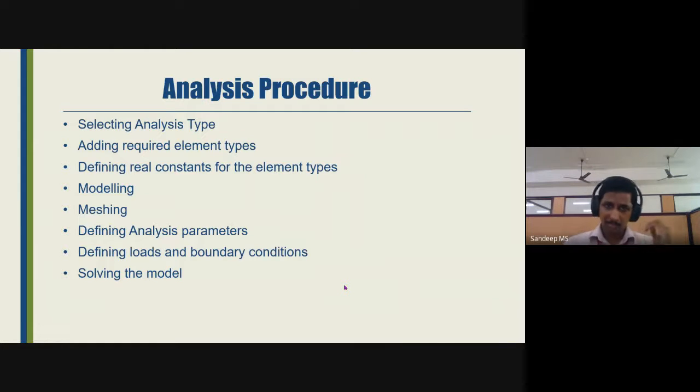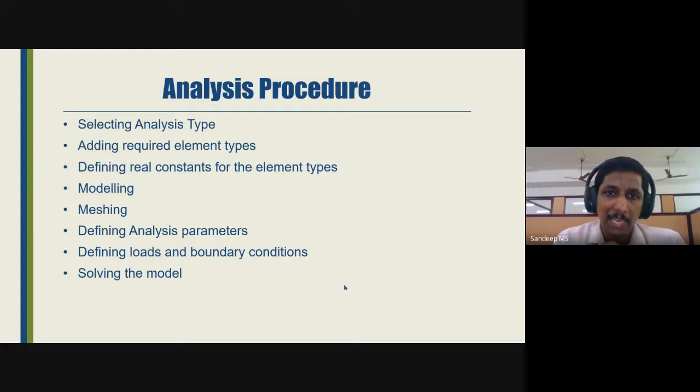Now, in this slide, we will discuss the gist of what steps are included in this analysis procedure. When you open ANSYS APDL, the very first view includes options for all types of analysis, like nuclear analysis, electronics, magnetic field analysis, and a lot more. Today we are focusing on the structural analysis. So the first step will be to remove all the unwanted options so that it will be easier for us. First of all, we will mention what type of analysis we will be conducting.